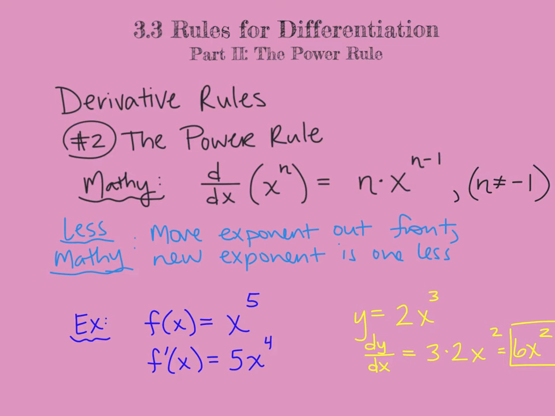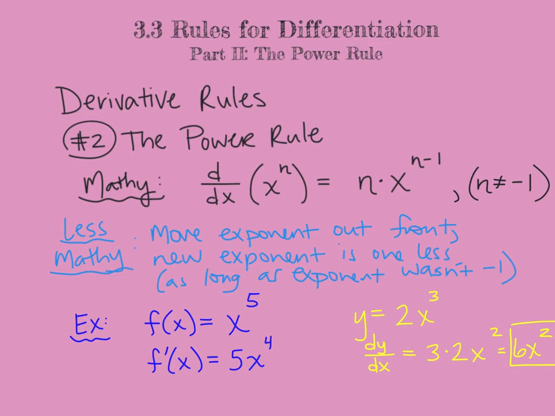And then so long as the exponent was not -1. There we go. So that's kind of a less mathematical way to write out what we do in the power